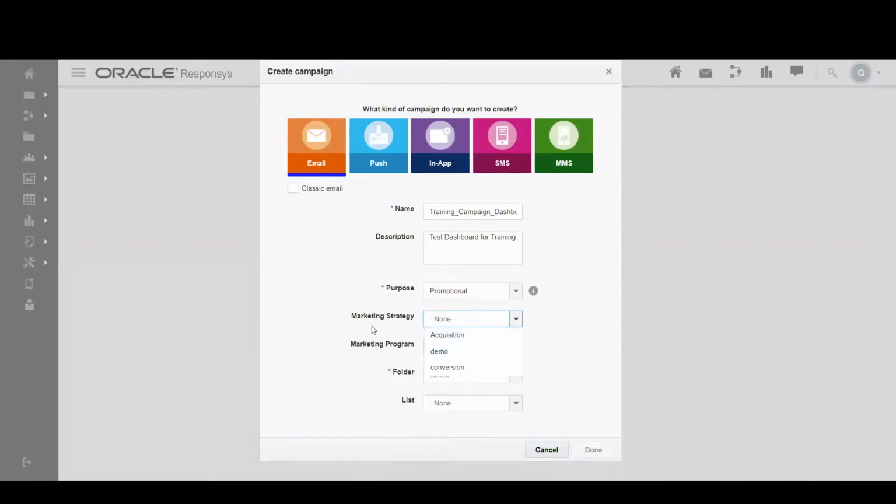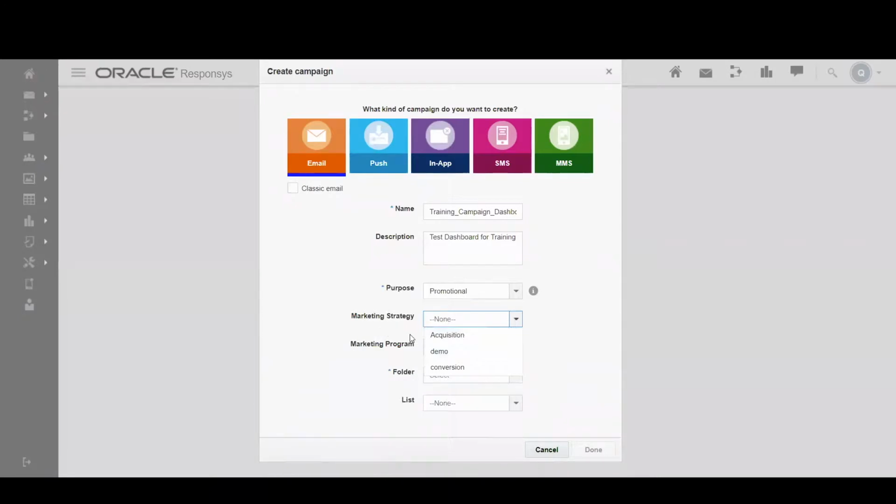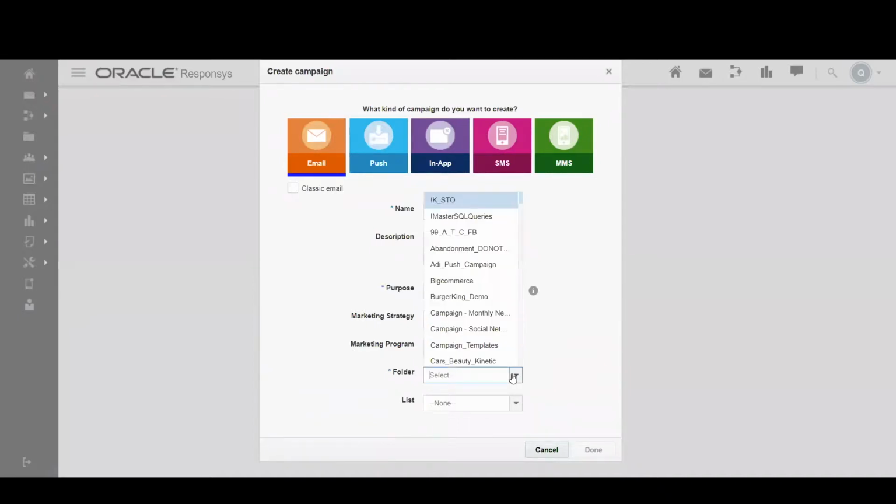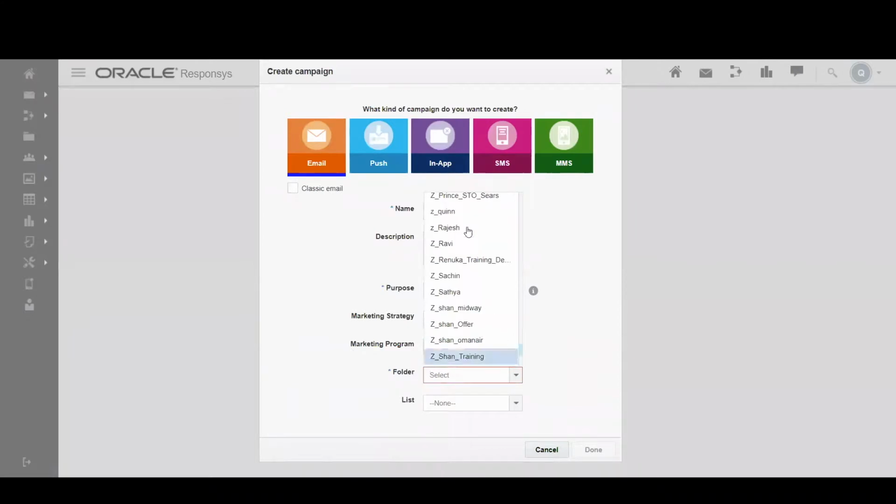If there's marketing strategies set up within your account, go ahead and select a relevant marketing strategy and marketing program. If none of these options presented to you when you click the drop-down arrow are relevant, you can go ahead and create additional marketing strategy and marketing programs if you go into account settings. We won't go into that today. Once you've selected marketing strategy and marketing program, which are optional, you can go ahead and select the folder that you want your new dashboard to be saved within. I will select the Z Quinn folder